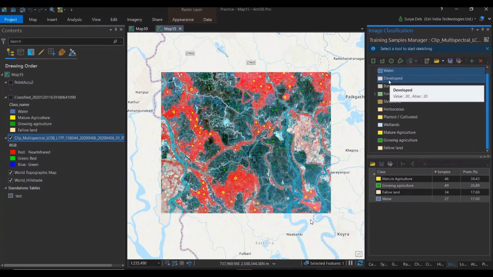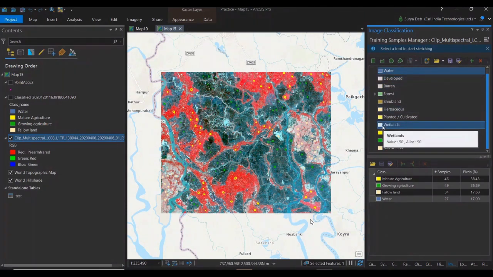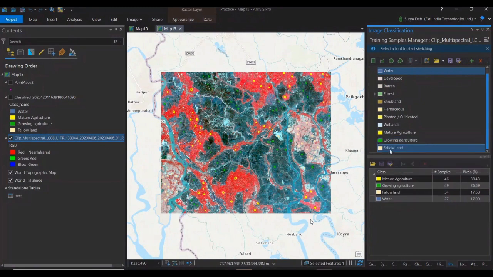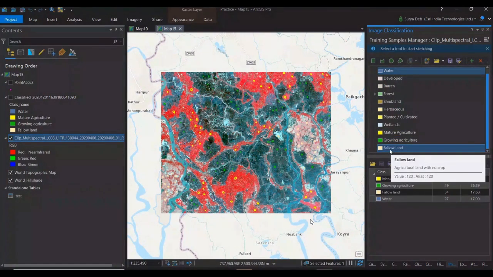This is very important. You know why? This is showing 10, this is showing 20, and if you come here, it is 90. Whatever classes I created, whatever value I am giving, 100, 110, 120, like this way, whenever you give the value and alias, you have to put them sequence-wise.